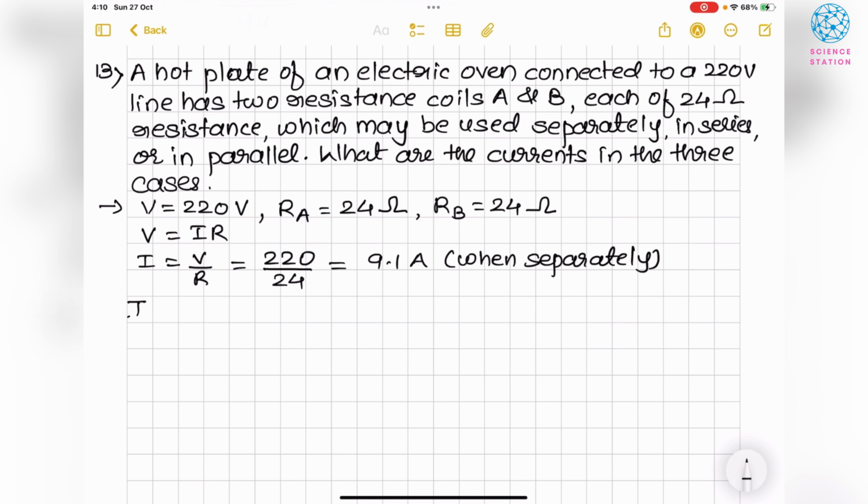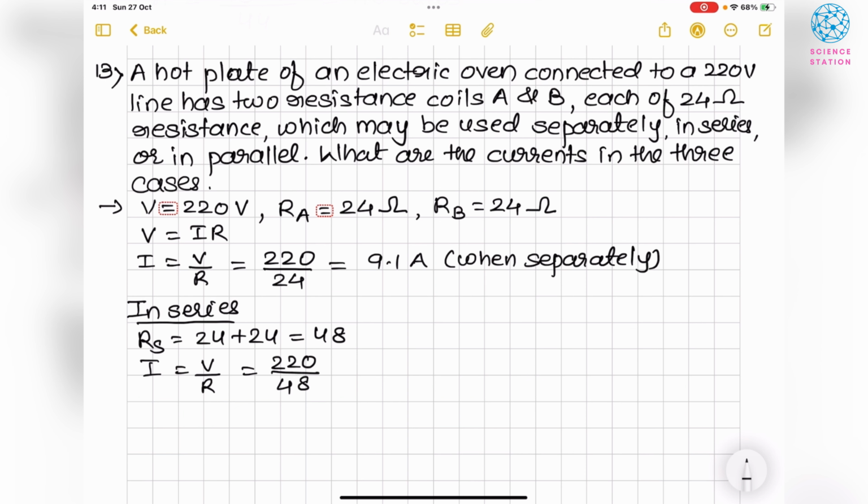Now when I am using them in series, RS or R series will be 24 plus 24. So that will be 48. So I will be equal to V by R. So that will be 220 upon 48. So that will be 4.5 ampere. And when in parallel,